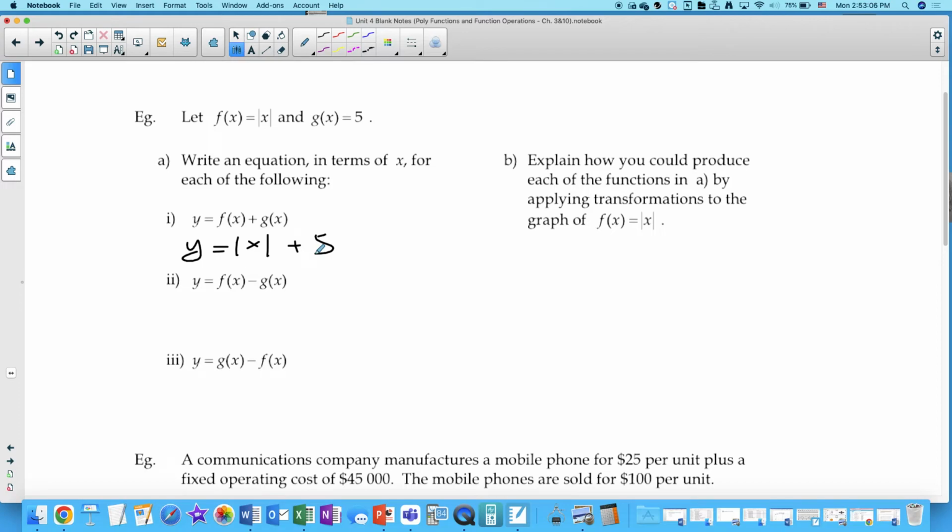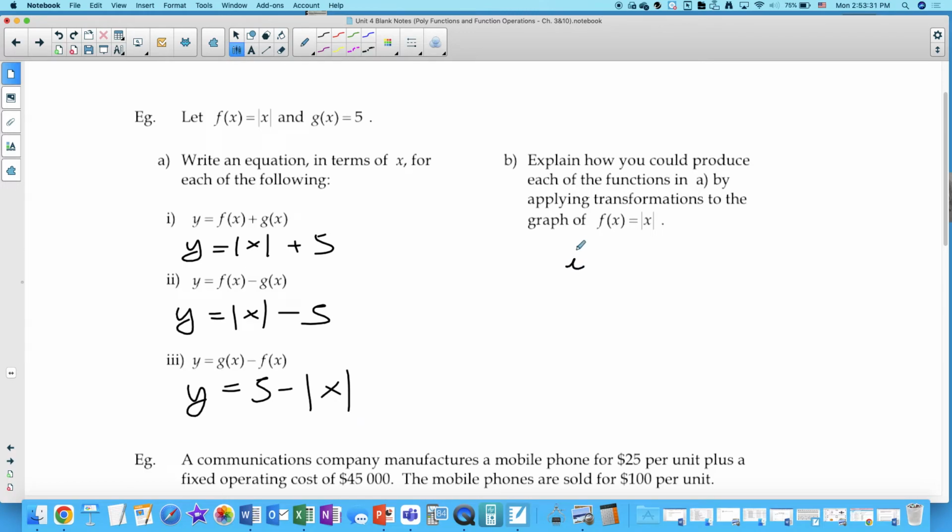Subtract 5, right? So absolute value of x minus 5. And then what about g of x minus f of x? Okay, so for number 1 over here,